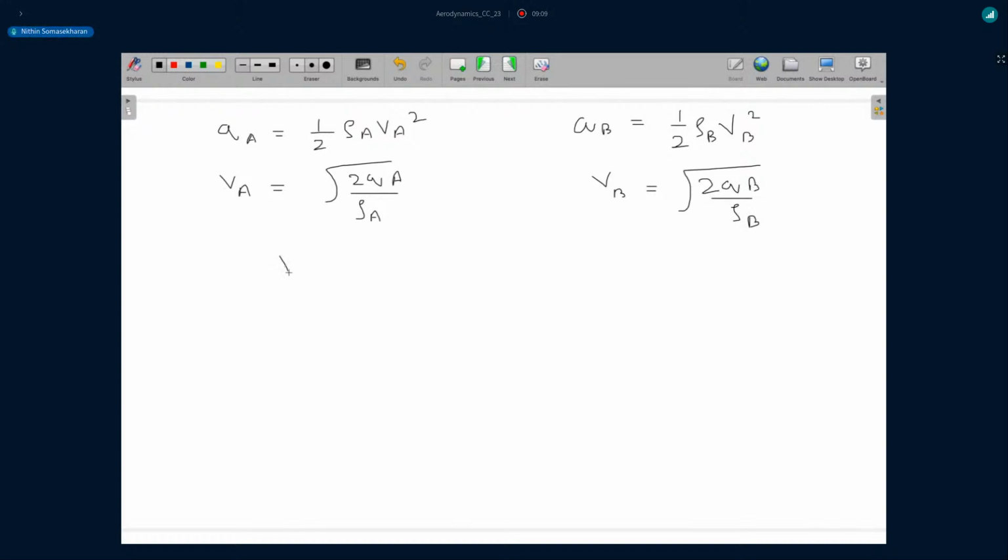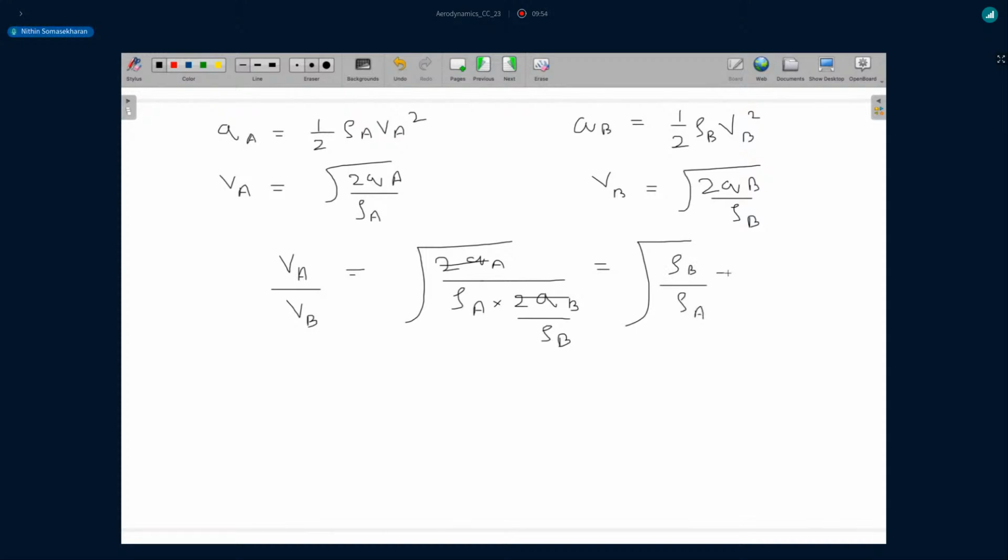If I were to take the ratio VA by VB, this would be nothing but square root of, maybe I'll just write it down, 2 QA by rho A divided by 2 QB by rho B. Right? So your QA and QB both are same, which we already know. So it's ultimately the square root of the ratio of rho B by rho A